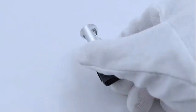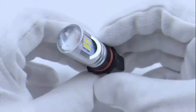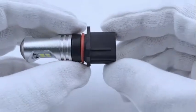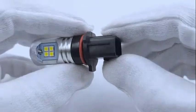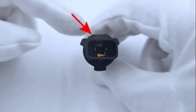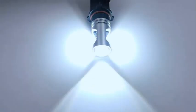Item model number: 5202/5201/PS24W. Exterior: painted. Manufacturer part number: 9868 LFG 577 LUS. Special features: waterproof. The Sealight